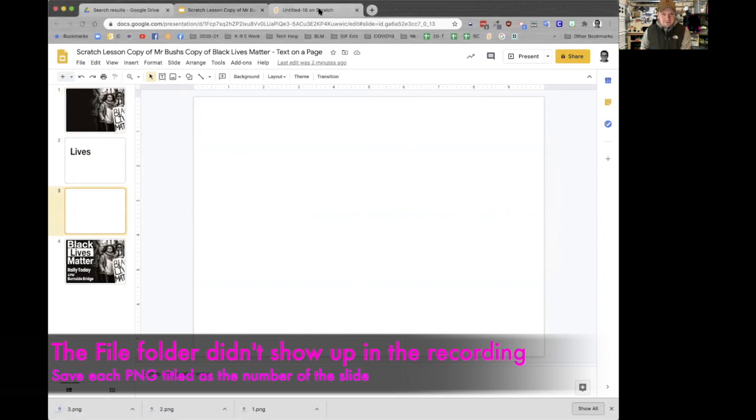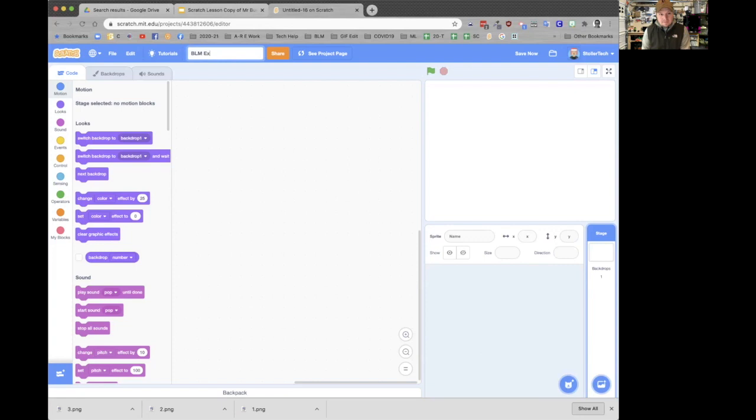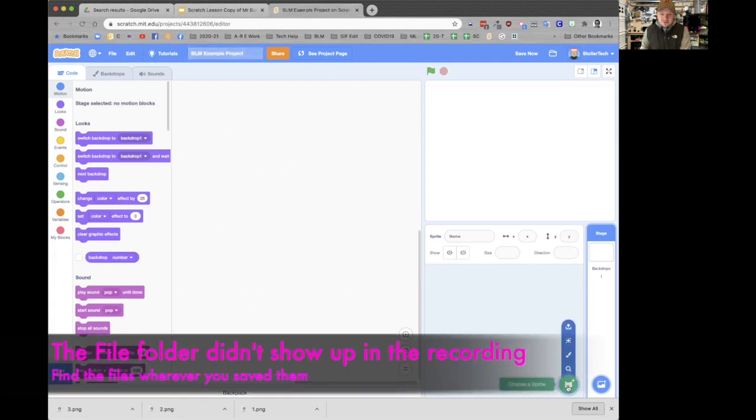Next, I'm going to go to my Scratch project. I'm going to title it. Then I'm going to click Choose Sprite, Upload Sprite, and go to that folder I created. 1,